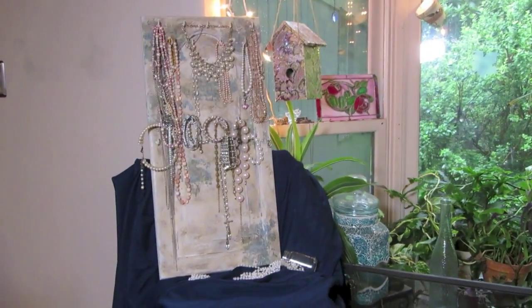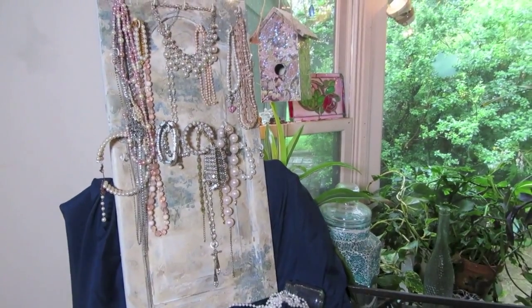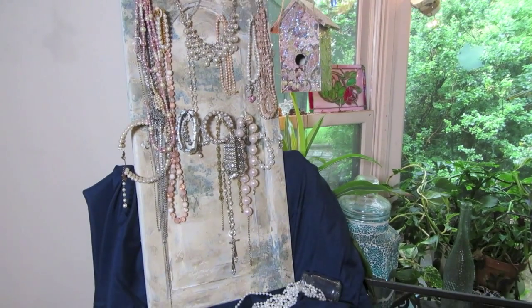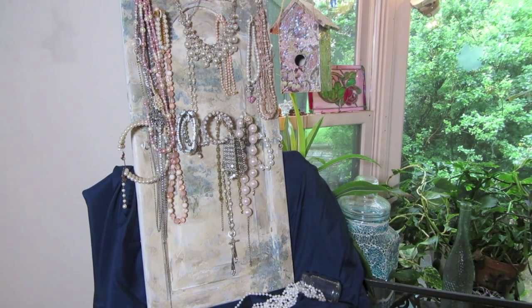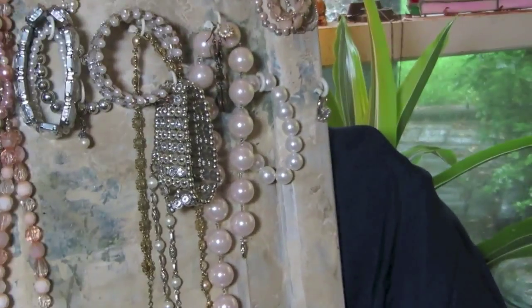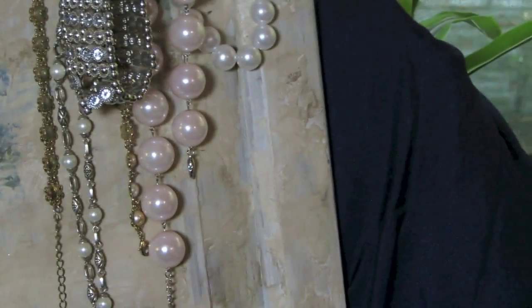That is my jewelry board. Now, I don't know if you can tell from here, that was a kitchen cabinet door. And so I've done quite a few of these. I've sold quite a few of these. They are so practical. This is also in my book, the how-to on this, because there's not just decoupage, but